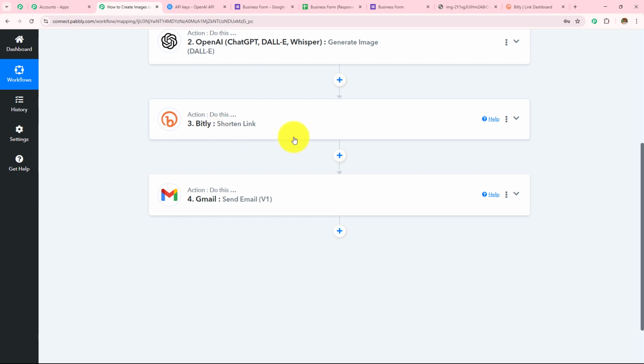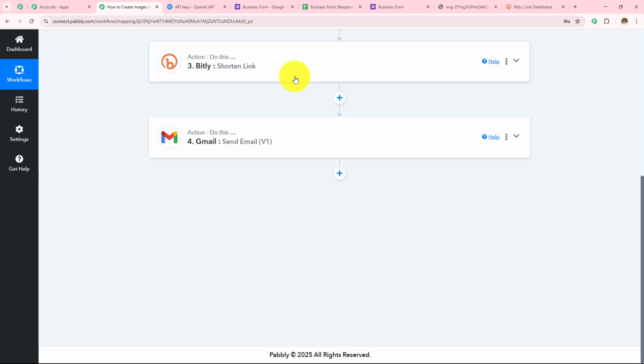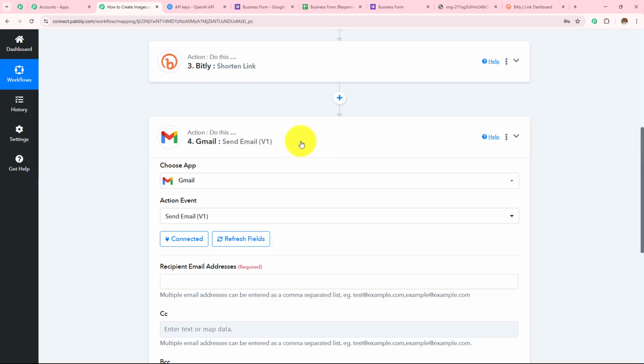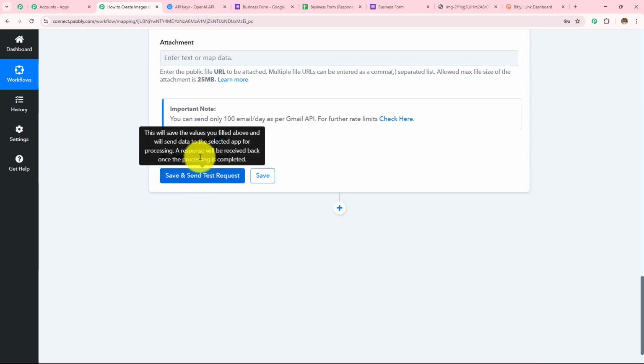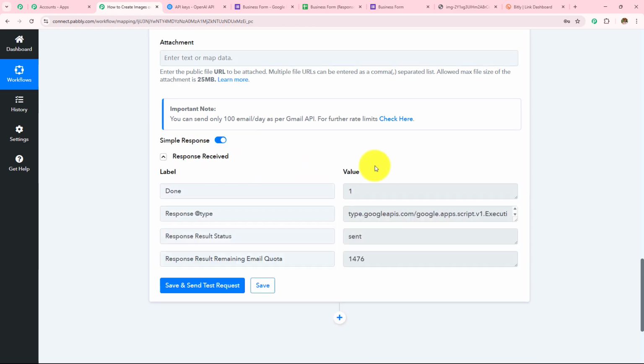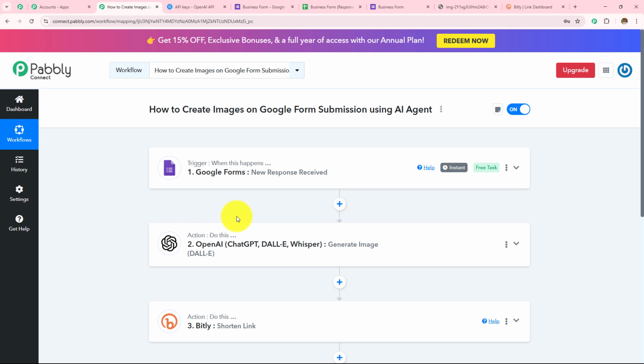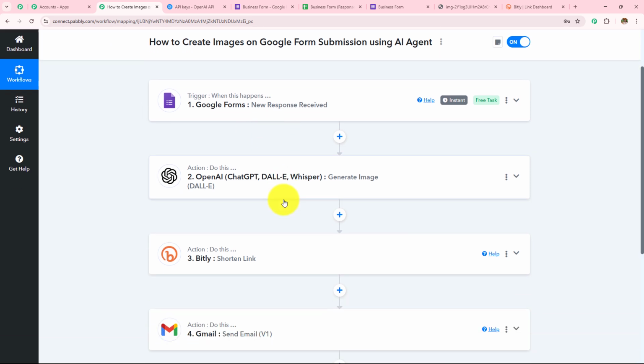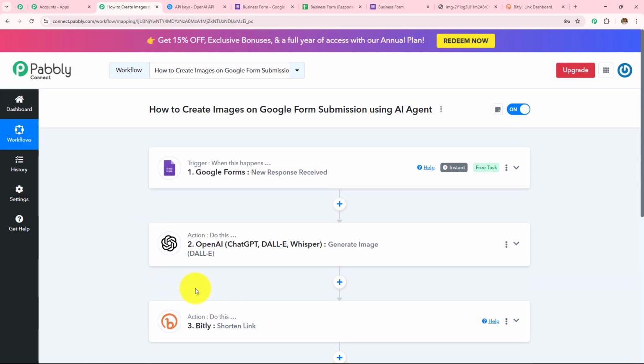So we took bit.ly as the next action application. After we get the response, we mapped that response in my Gmail field. Simply clicked on save and send test request and sent the mail to this user or to this customer. So this is how this automation workflow is going to run, and here we have successfully created automation between Google Forms, OpenAI and Gmail with the help of Pabbly Connect.